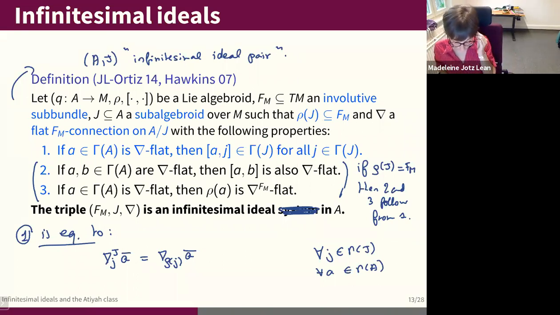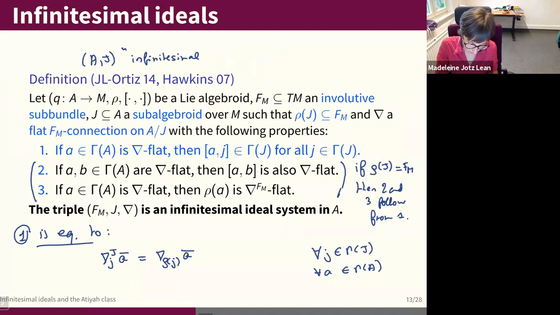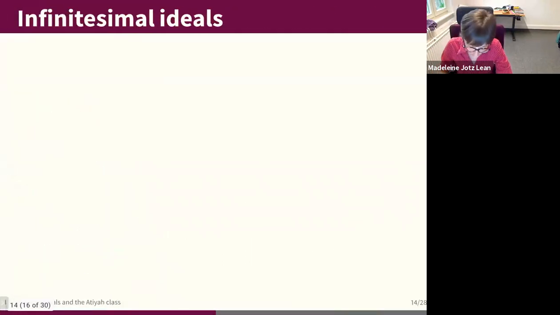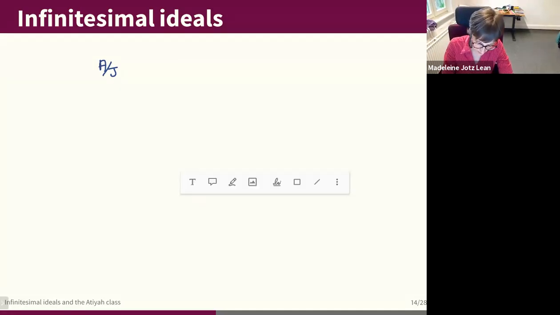So remember, we have naive ideals. They are the subalgebroids which have trivial bot connection. And now we have those infinitesimal ideals. And really the geometric intuition for those infinitesimal ideals is that if you're lucky, you'll always be able to take A mod J as a vector bundle over M. But if J is not an ideal, I mean, the sections of J are not an ideal in the Lie algebra of sections of A, that will not have a Lie algebraic structure, right? No chance, except if you have a naive ideal. But what the infinitesimal ideal system does is